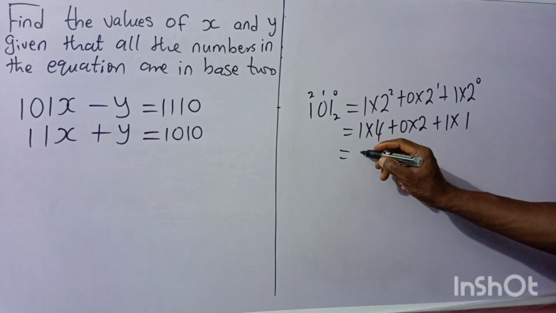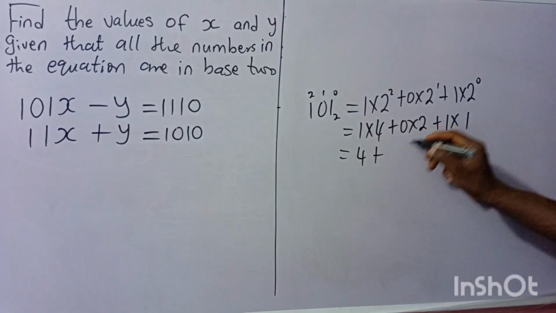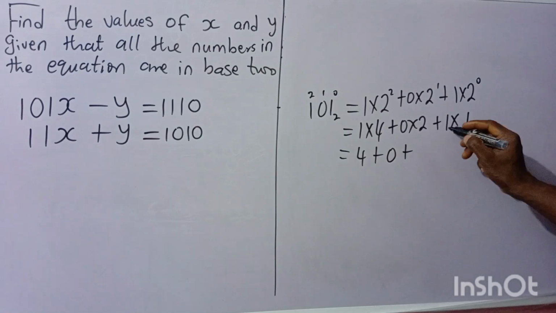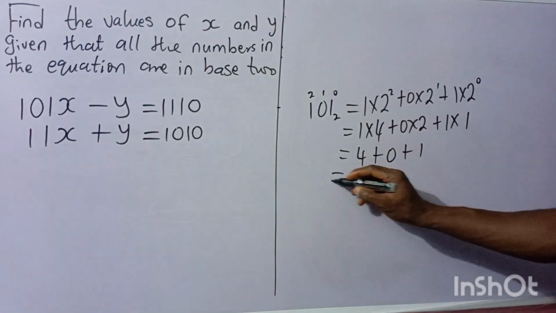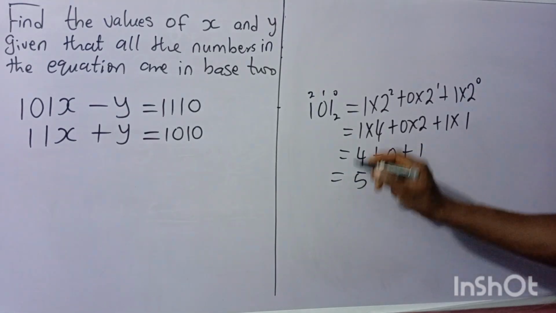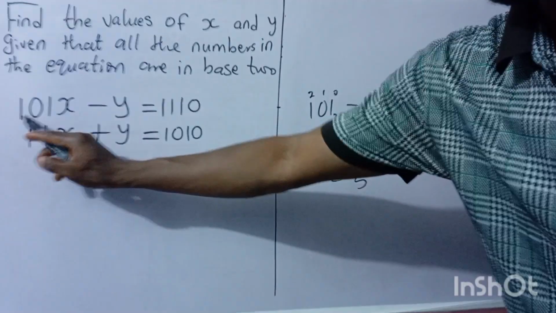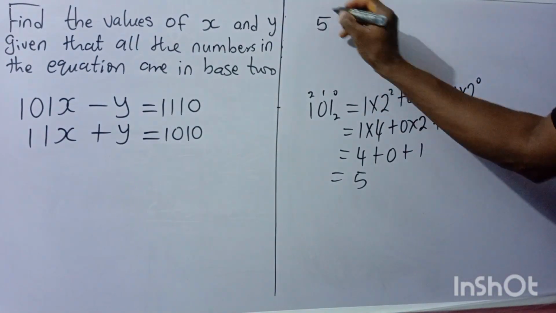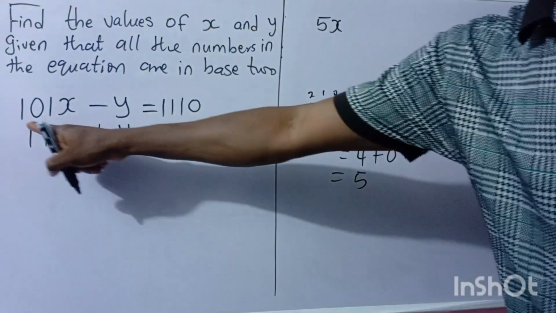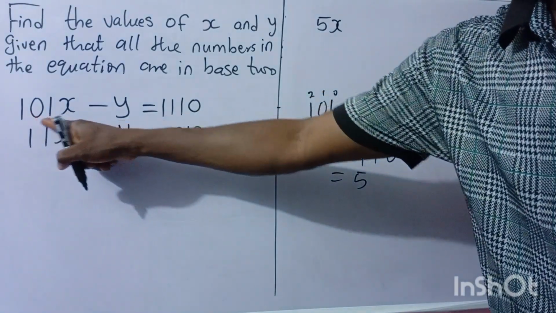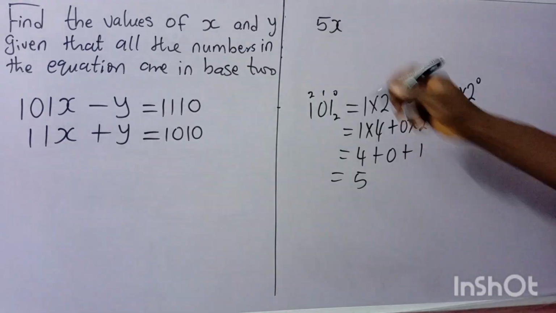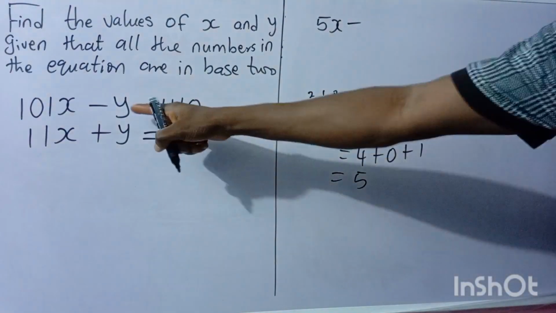So here we have 4 plus 0 multiplied by 2, which gives us 0. Then 1 multiplied by 1 gives us 1. So 4 plus 1 gives us 5. So this particular one, 101, will be written as 5x. So 5 represents 101, which is in binary, and this is the decimal representation of it, minus y